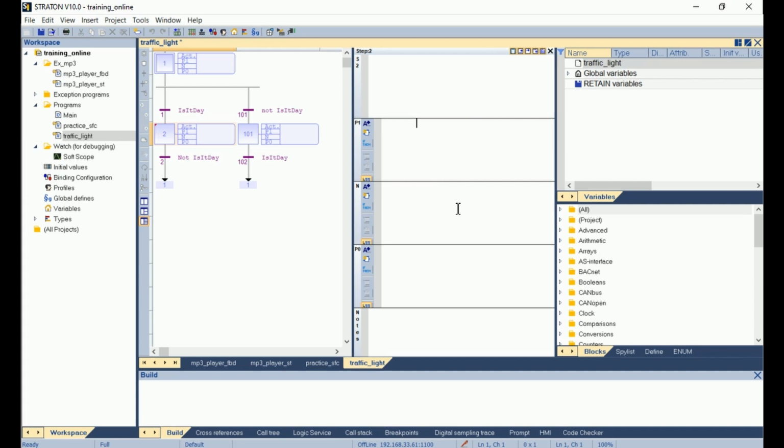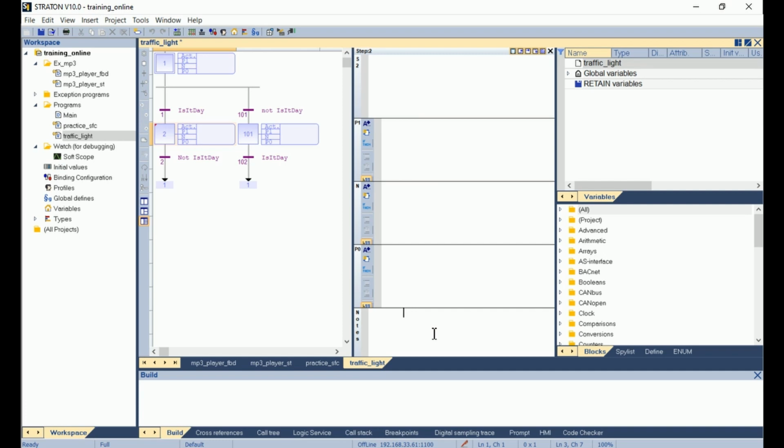The third one is the N section, so the action that is executed as long as the step is active. The fourth one is the P0 section, so the action that is executed only once when the step is deactivated. And the last one is a note section where you can write a description of what your step is doing.